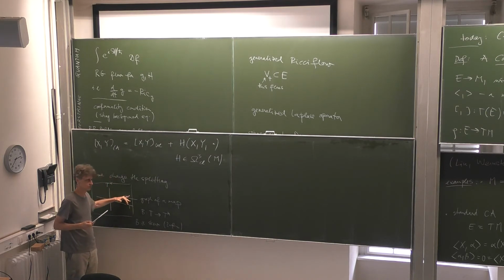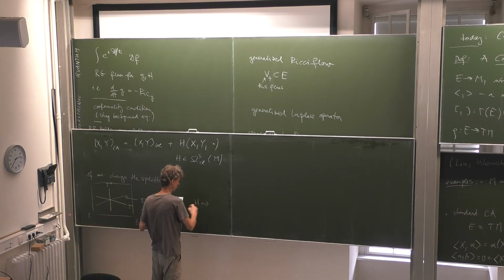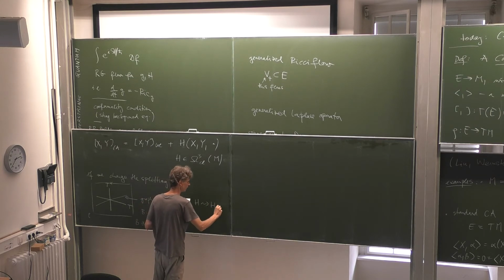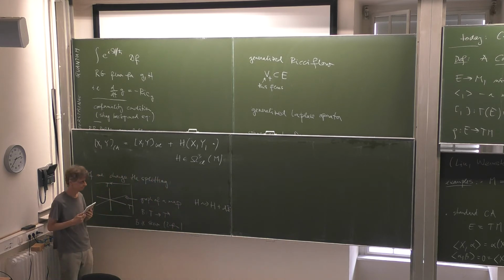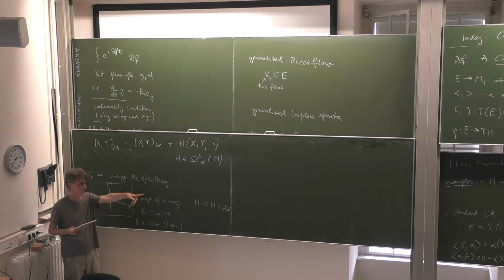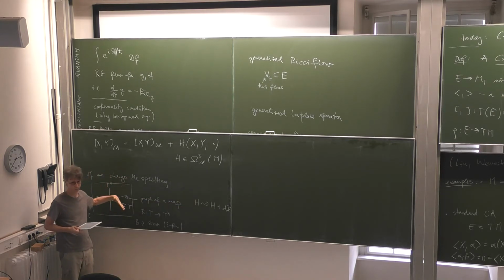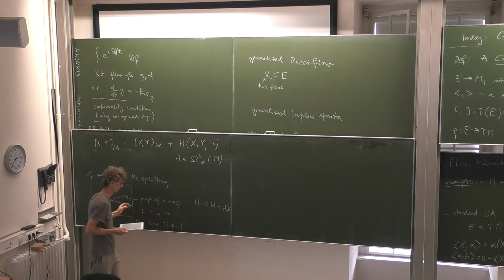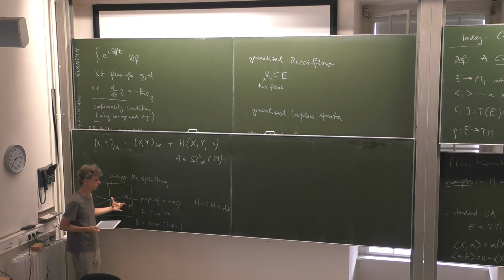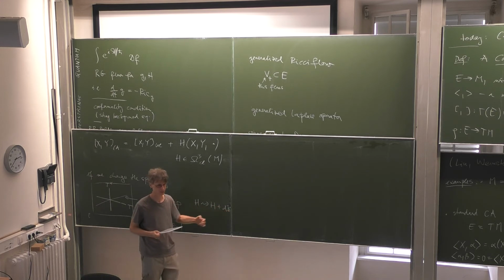And if you change the splitting, what happens with H? That's again a small calculation: H is then replaced by H plus dB. So first of all, we did prove that when it comes to classification, when we try to understand it regardless of the splitting, the thing is classified by the third de Rham cohomology. So that's one thing. And another thing that we may observe: when do we get precisely the same thing? It's when B is closed. So we also get